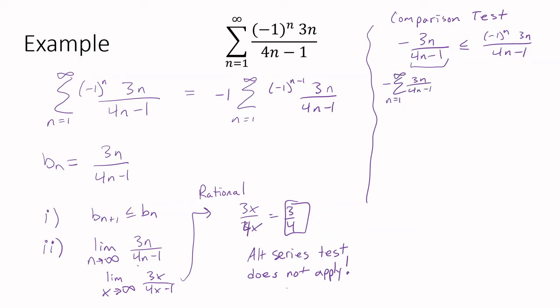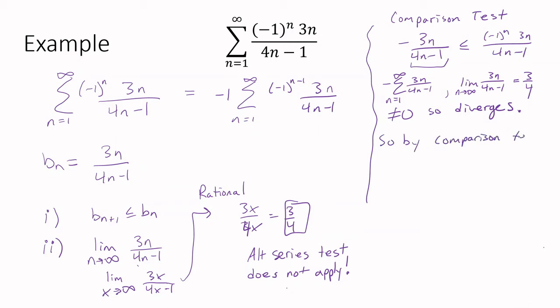Okay, so where I could just take the negative out because it's a constant. But you actually already did work for this. The limit of the terms of this new series I'm looking at as n goes to infinity, well, that's 3/4. So that's not 0. So it diverges by the test for divergence. Okay, so then we've got the comparison test. We've got a smaller series here that diverges, and that's going to push up our series and force it to diverge. So by the comparison